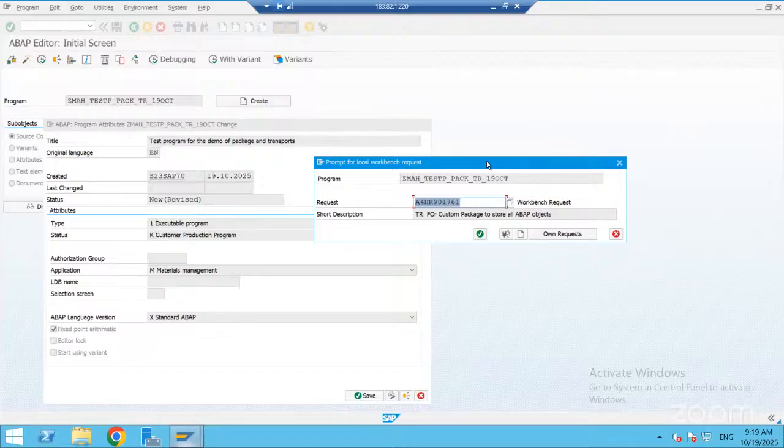So in real-time projects, what we do in general is, for every object, some of you who are working already know, raise one report object, one smart forms object, one forms object like that. For every object ID, we'll create one transport request. In that transport request only, we'll create the program, tables, domains, data elements, everything. That's the better practice. Like this, the flow is